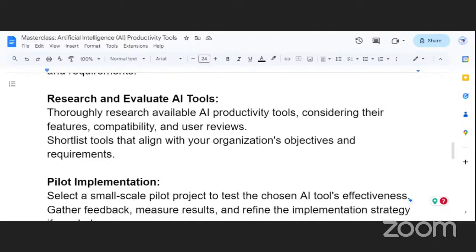Of course, later on, I will share with you a list of artificial intelligence tools. There are very, very many out there. But then the question is, which ones align with the objectives of your organizations? And which ones are compatible? Which ones have the features that you need, as an individual or as an organization, to improve your work, or even to improve the work that you do in your school?